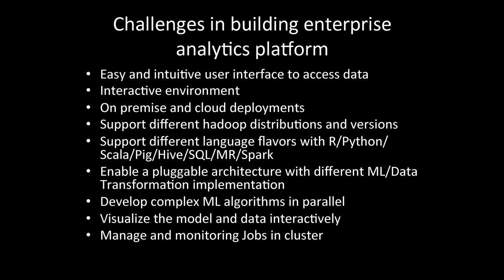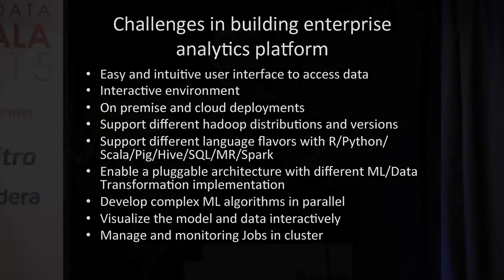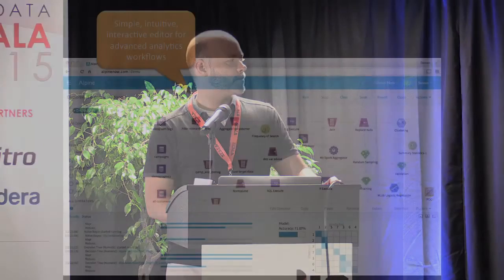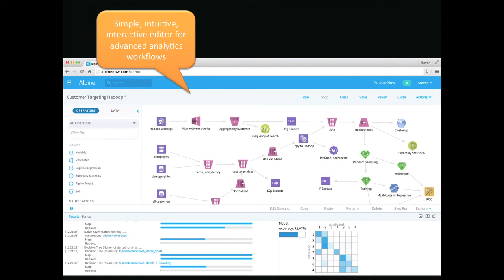So how do you take these complex algorithms and parallelize them across a broad variety of different data platforms? That's complicated enough, but how do you then tune those platforms? How do you monitor the progress of your job? How do you handle bad data? How do you deal with reporting error messages? And so on and so on. All of those things need to be encapsulated in this analytics engine and made as simple as possible for the end user. So some of the examples of the things where we've had to innovate and leverage Scala in order